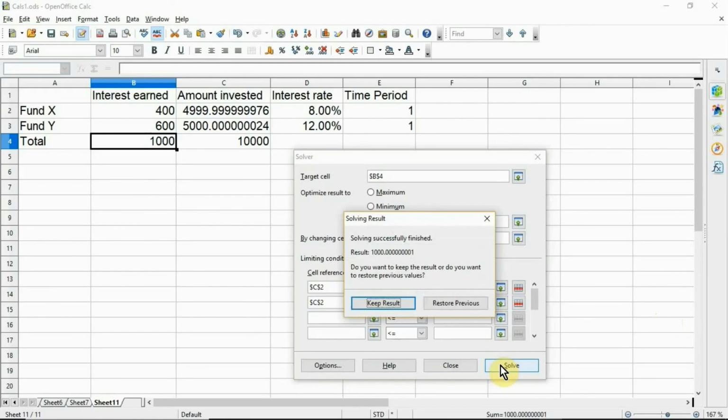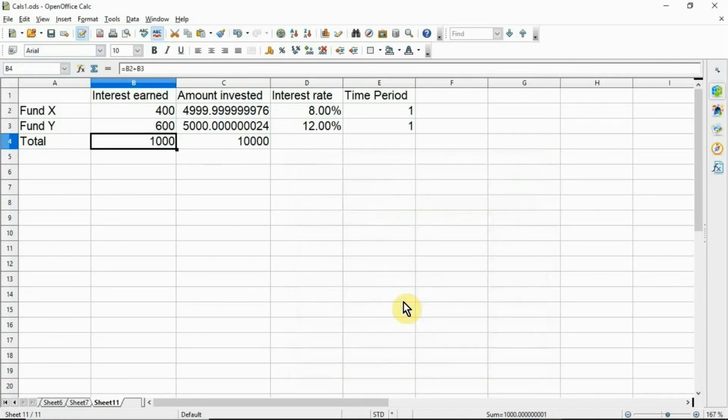A dialog box appears informing you that the solving successfully finished. Click keep result to enter the result in the cell with the variable value. Here the result is shown: fund X interest earned 400, fund Y 600 and total 1000.